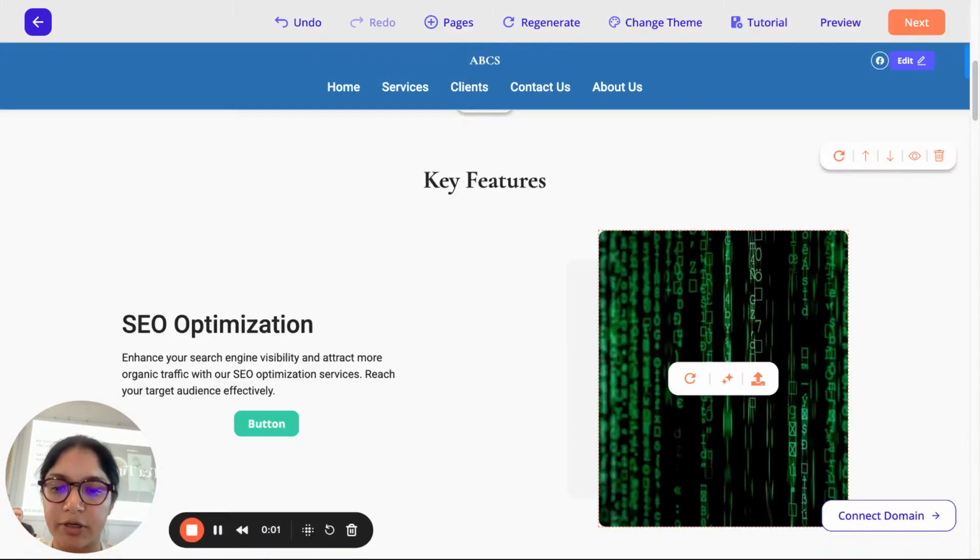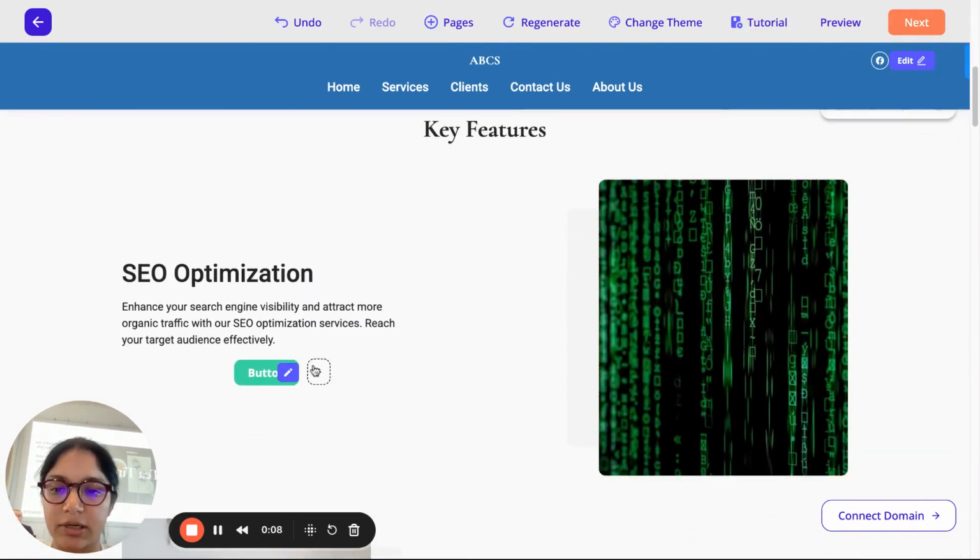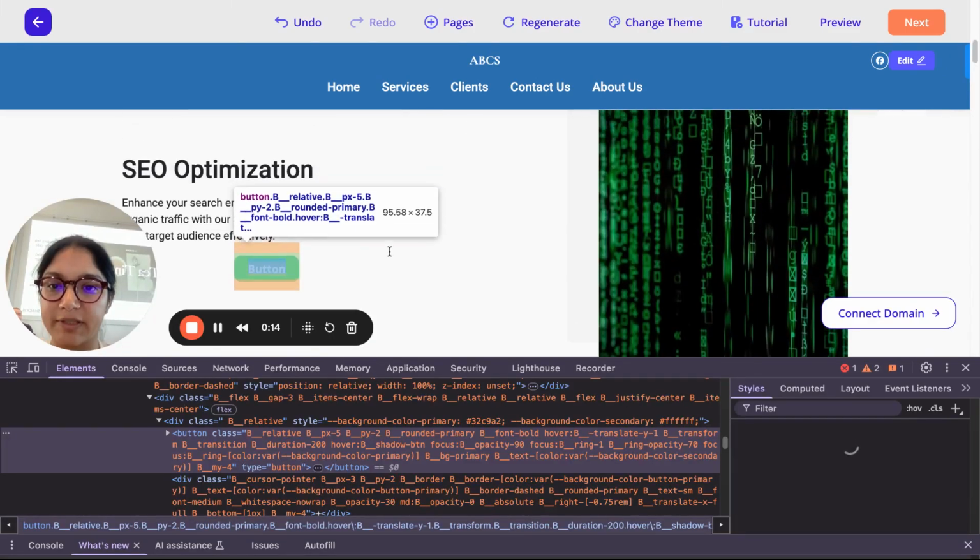Hi, in this video, I'll show you how you can change CSS for any element on the page. It is very easy. Let's say I want to change the color of this button. So what I'll do is, first of all, I'll have to find out the ID of this section and then